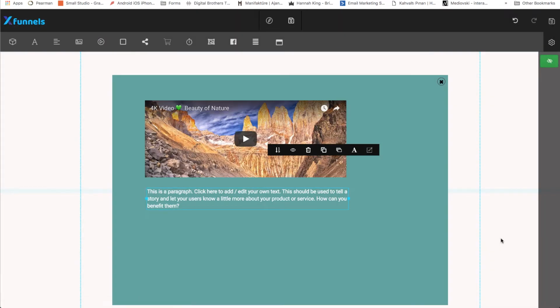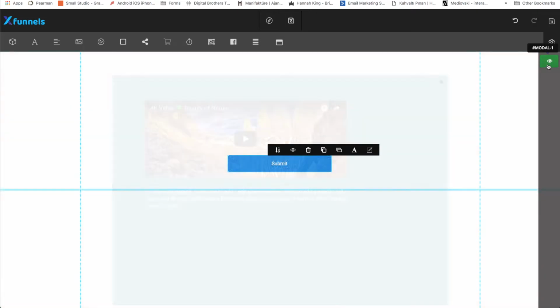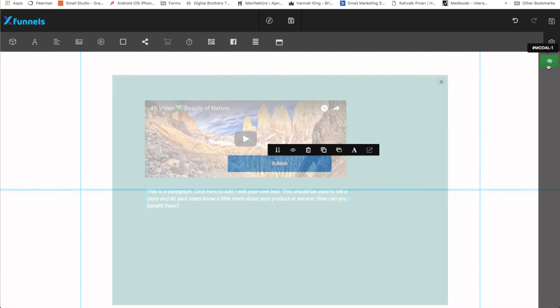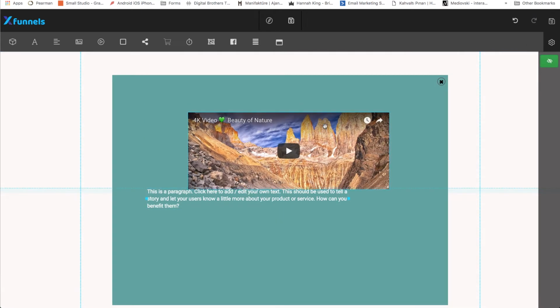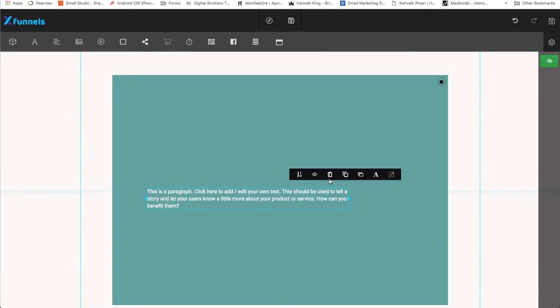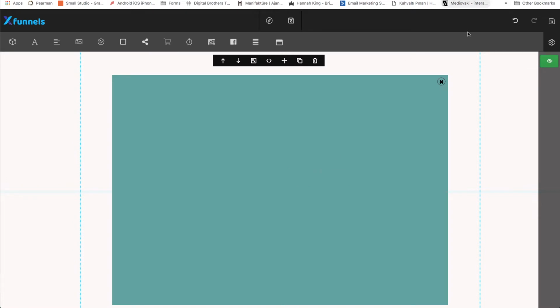So as soon as you click on that, you find this right hand side bar. You can show and hide the modal. So it's just dummy content on this modal pop-up. Now you need to redesign the whole pop-up. So what we can do, we can click on